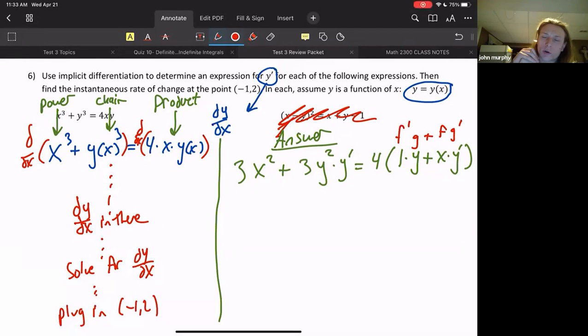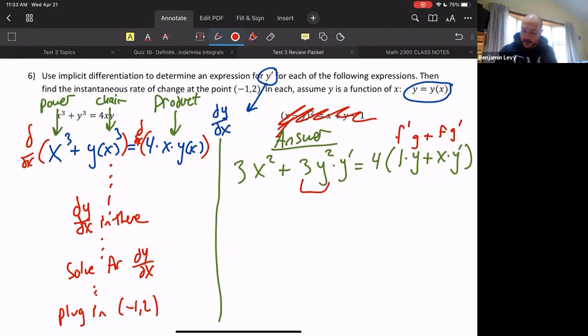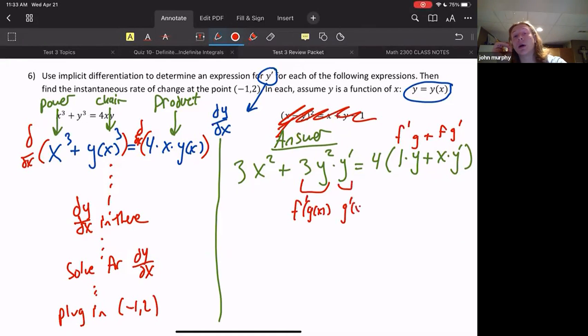Just a quick question. What is f and what is g in y of x cubed? In the blue on the left, where you do the chain rule. Oh, I see. Yeah, so this part is what you're talking about? I'm just asking, looking at y cubed, what is f of x? What's g of x?